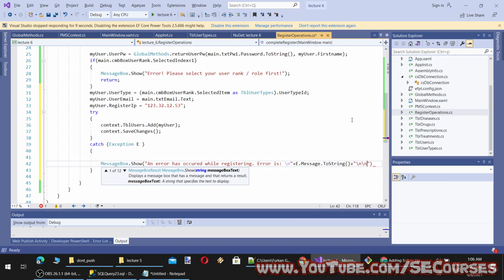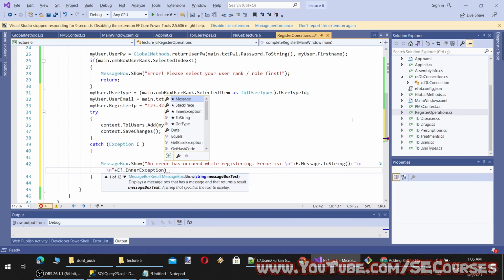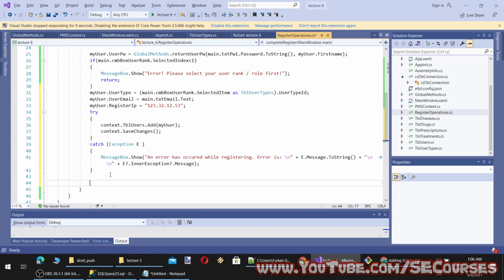Let's put some new lines, and if inner exception available, stack trace, yes, or message. Yeah, let's provide message. Okay, otherwise, let's say user has been successfully registered.